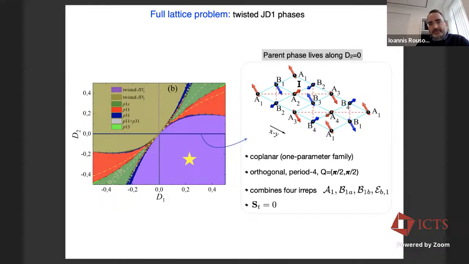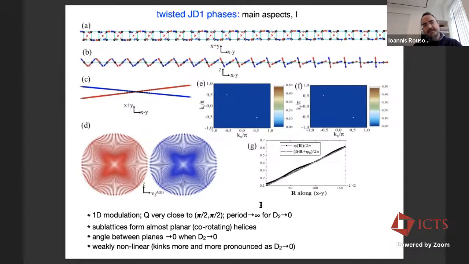And just for the parent phase, you can easily see that the total spin in each tetrahedron is 0. Now, if I show the twisted version of that, depending on the value of the DM interaction, it can have varying period. So here I'm showing one of the states that has a very long period,